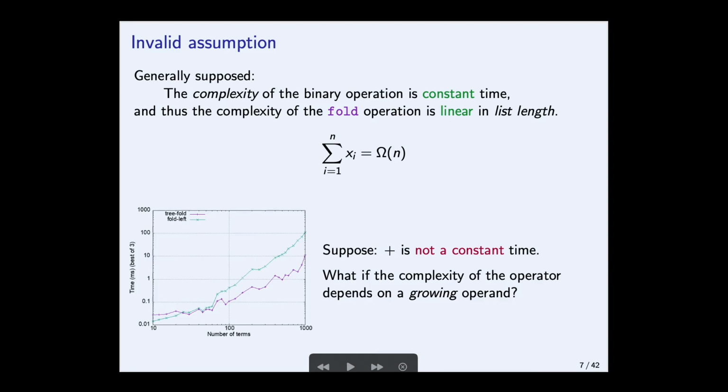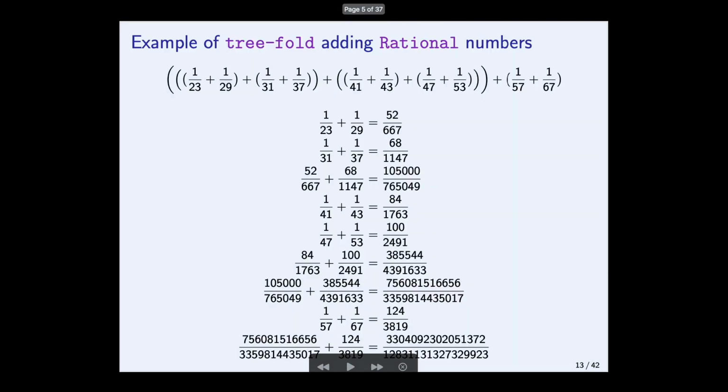But I took a look at some cases when the complexity is not constant, when the complexity increases as the fold progresses. One example of that is if you want to add up a sequence of rational numbers. If you just add simply from left to right, the denominator becomes very big very quickly. So you allocate large objects very quickly. And so sometimes there are smarter ways to group the operators in order to hopefully give a less memory intensive computation. So if we advance this computation as I've shown here,